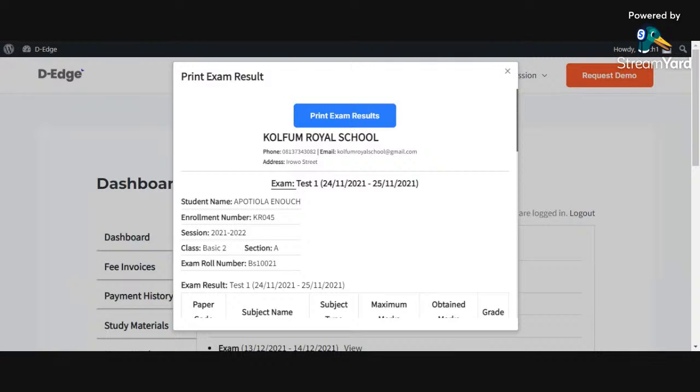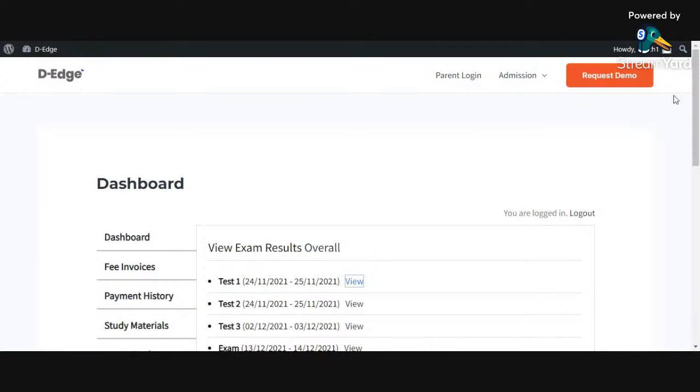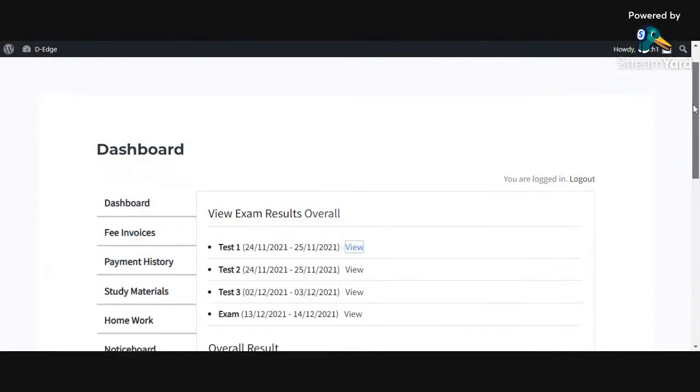Can you see, it's instantly downloaded? Then you can name it the child's name. All right, so this is for parents, so it's very easy for parents to check their child's performance from the beginning